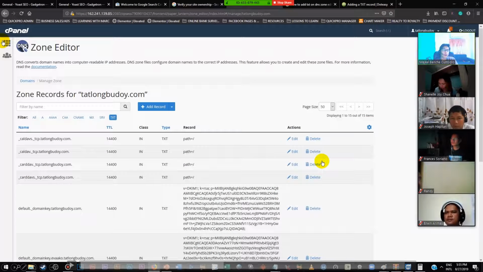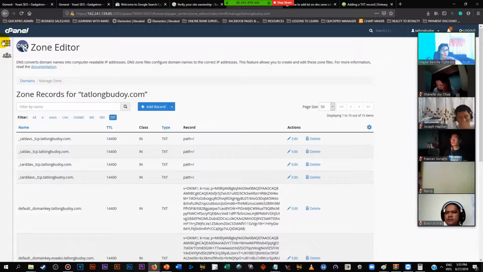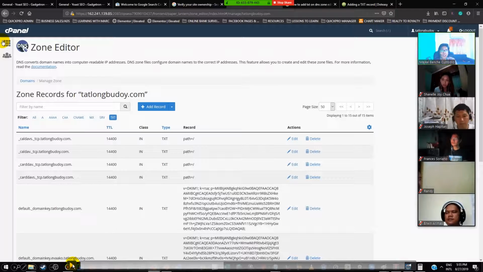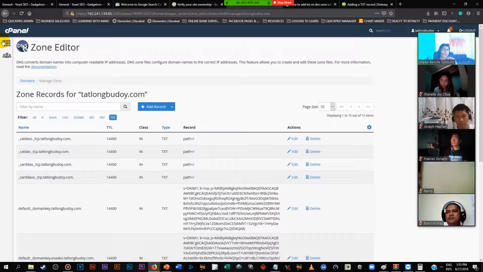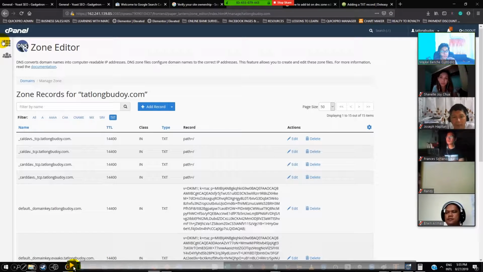For those of you who don't know what is cPanel, it's basically the file manager of your website. All your pictures, all your texts, all your photos, your videos is stored in your cPanel. So in order to upload it, you need to access your cPanel. Again, different subscriptions, HostGator, GoDaddy, Wix, etc., etc. They have many methods on accessing the cPanel, but sadly, all of them has limitations. If you buy a website from QuickPro, we give you full access in your cPanel. You can enjoy it to the fullest, and this is what it looks like.